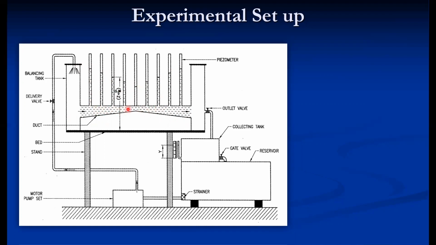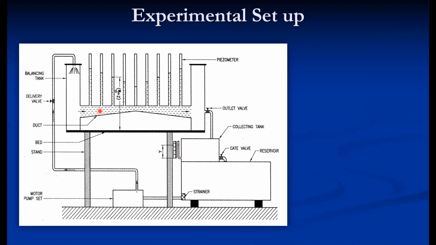Now, in order to calculate the total head at various sections, we require the velocity at each section. To get that velocity, the discharge through this pipe is collected in a measuring tank. This is a measuring tank where a scale is provided, so we can measure the time required to raise the level in the tank by a particular amount, for example 10 centimeters. By measuring that level rise, we get the volume: the area is known to us, and area times the rise in level gives us volume. That is divided by time, which gives us the discharge.